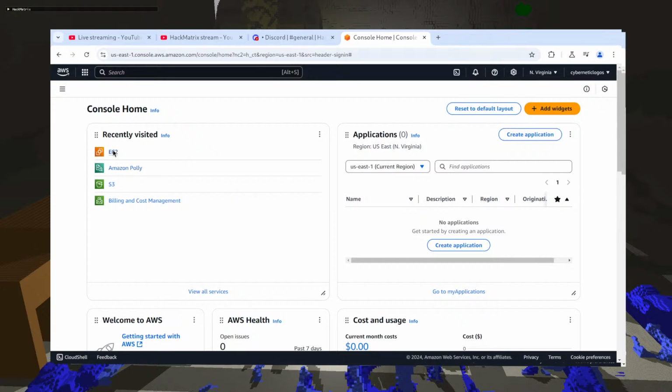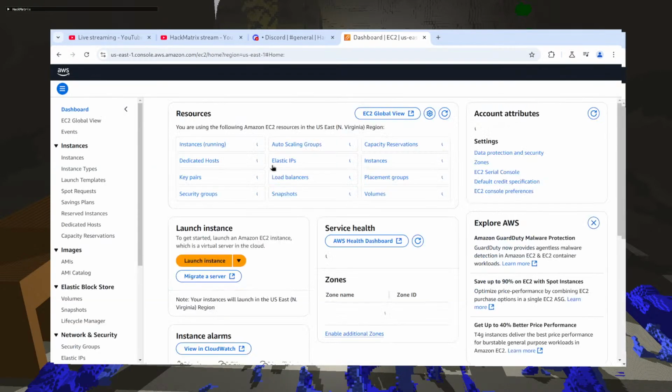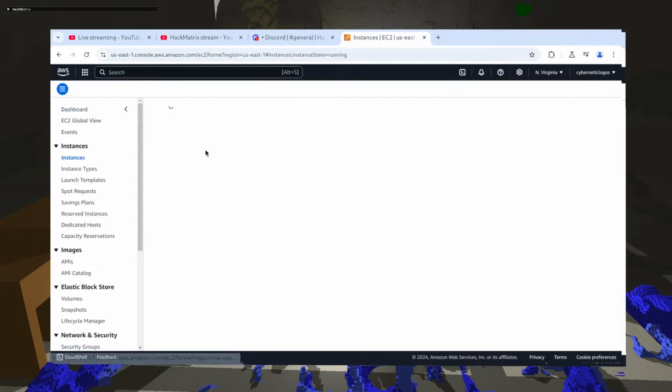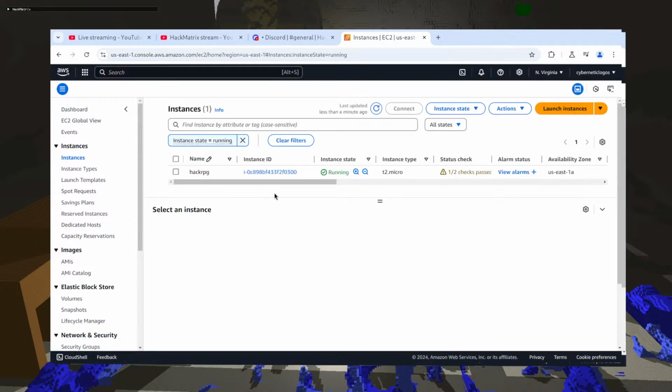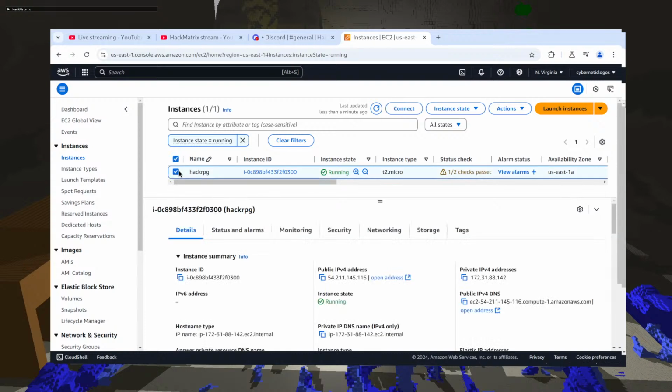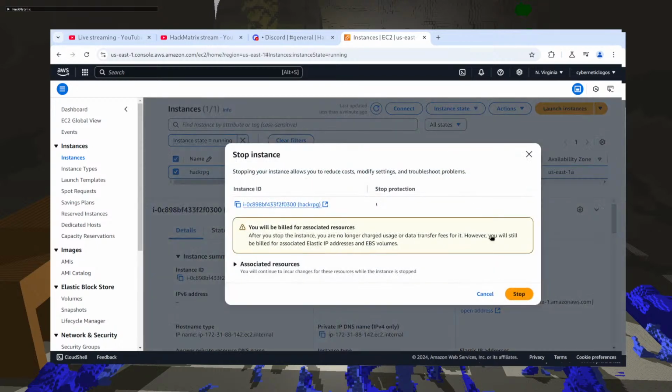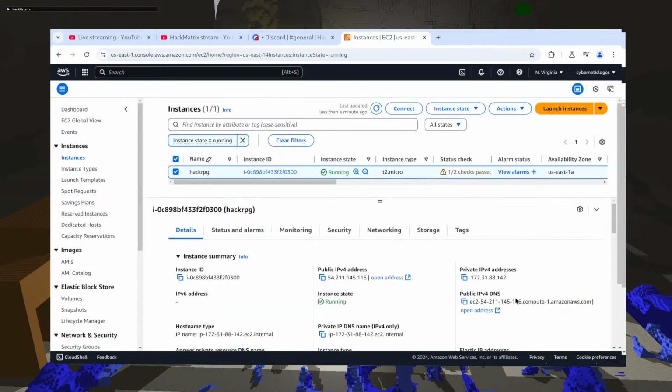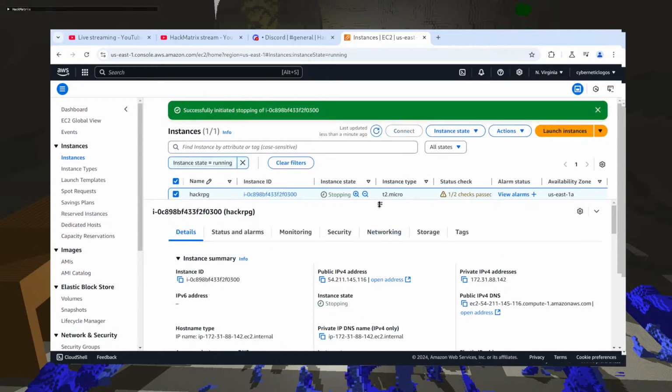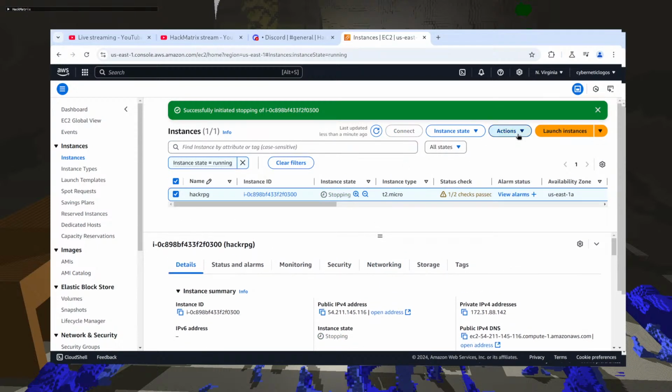Okay. So this instance is free tier. And I'm wondering if I stop the instance, if I can change its type.